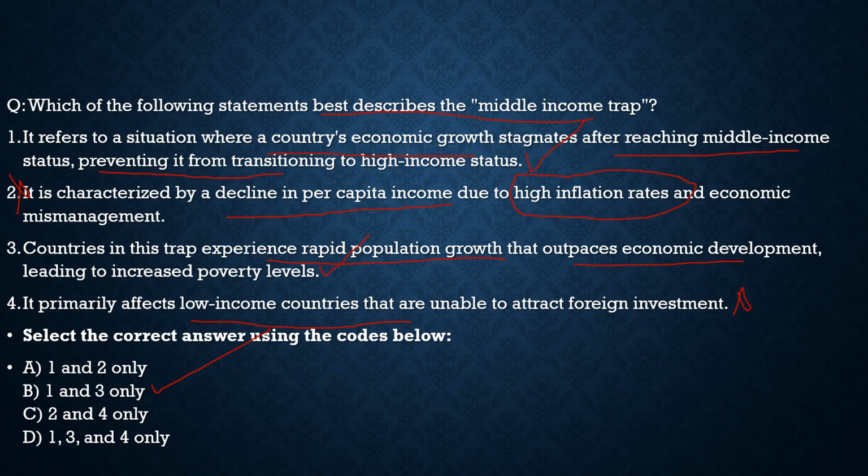And finally, the article discussed how we can follow South Korea's model, how they went away from the middle income trap by incentivizing the private sector, and because of the private sector, that country went away from the middle income trap. Now with this, let's move to another question and try to understand.